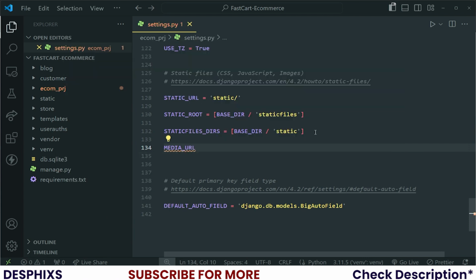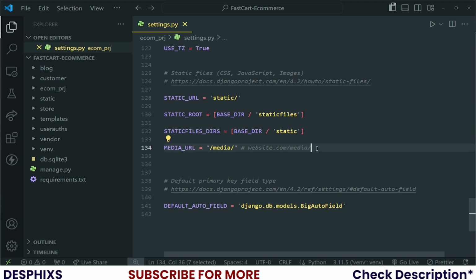So media URL should be equal to, then we need to pass in media. Let me explain what this does. Now, I don't know if you've worked with any of my videos in the past and seen how we work with media URL. Media files will get saved to a folder called media. And if you want to access the files in the media, you have to access them by calling the website address. Let's say website.com/, then there will be a media keyword like this,